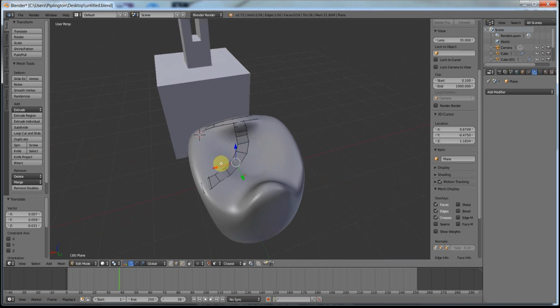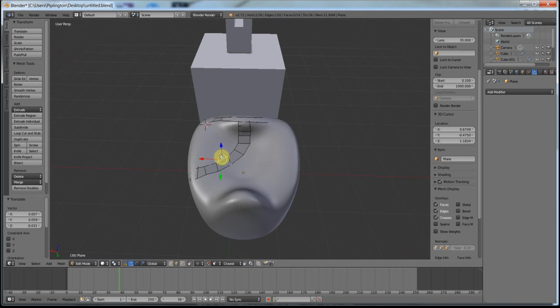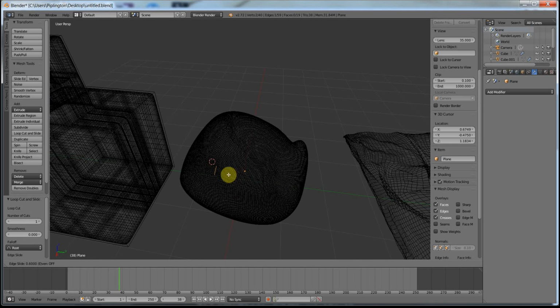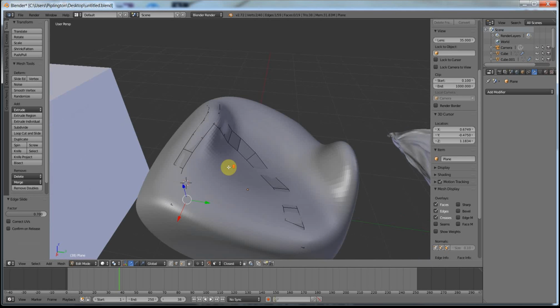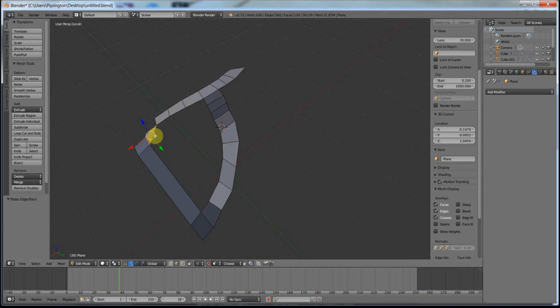And I could follow loops in like that, but I think I'm going to keep going on with this kind of technique that I've been doing, which is filling in the middle of the area. So I'm going to drag that along, and I'm going to get these two edges, fill in the face there, and then fill in the face here,